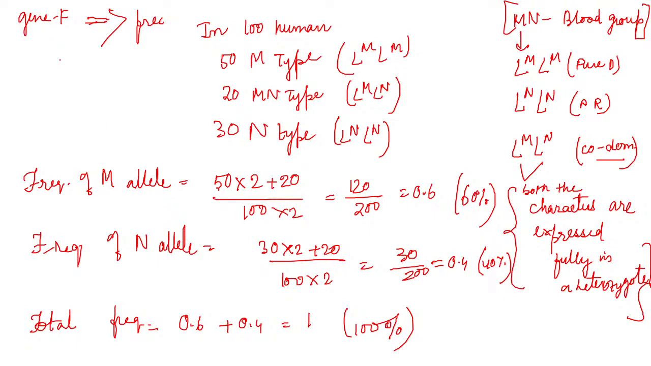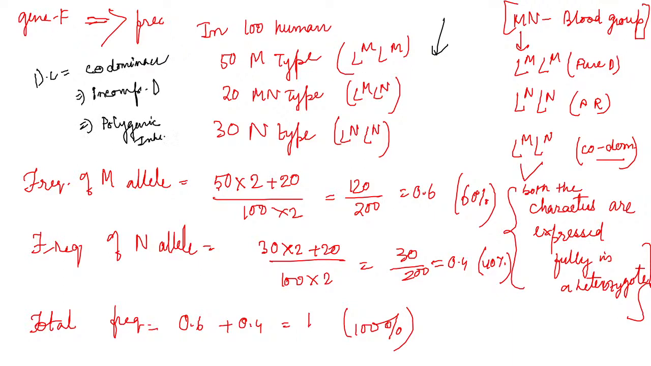Gene frequency can be calculated directly when we can make out the genotypic from the phenotypic. Let's see when we can directly calculate. Direct calculation is possible when there is a phenomenon like codominance, like this was a codominance example. When there is incomplete dominance, we can also calculate this. When there is polygenic inheritance, like skin color inheritance, we can calculate this